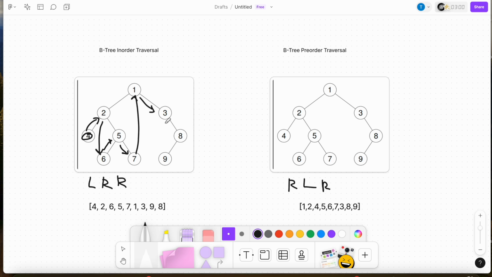From 3 you go to 9 and up to 8. In the pre-order traversal, your output should start with the root, then you check the left